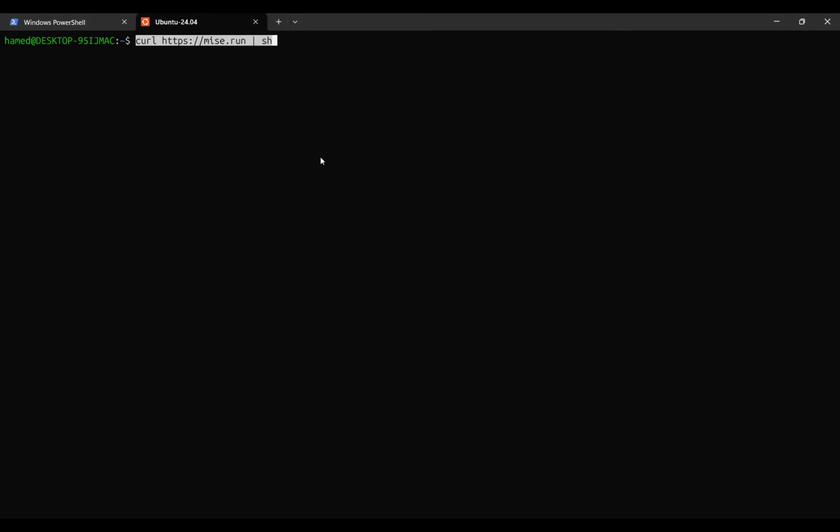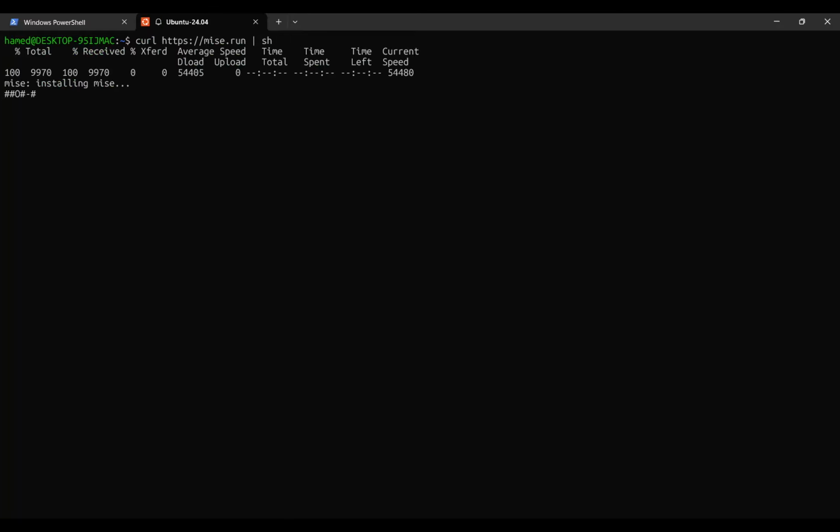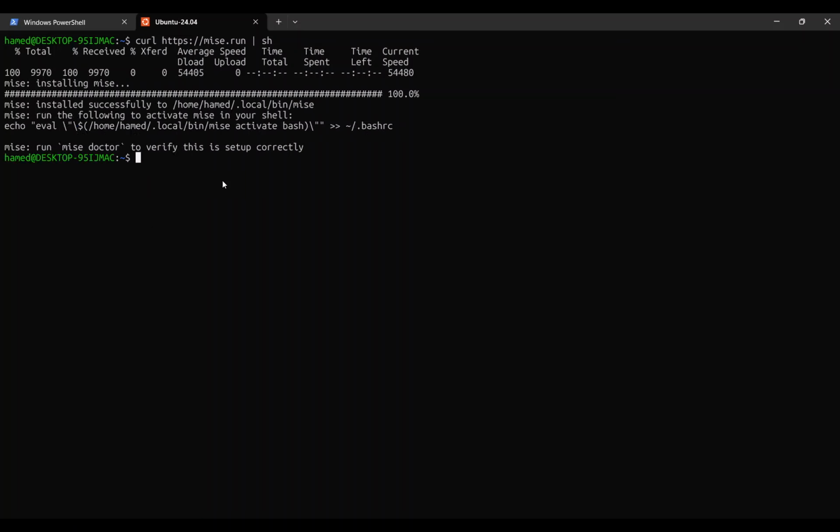I can just copy paste curl https mise.run and feed it to the shell and run it, allow some time. As you can see, it's successfully installed, and it has been added to my home directory, .local/bin